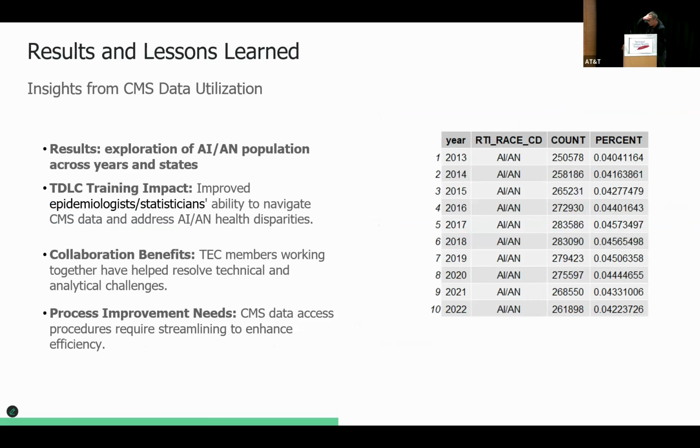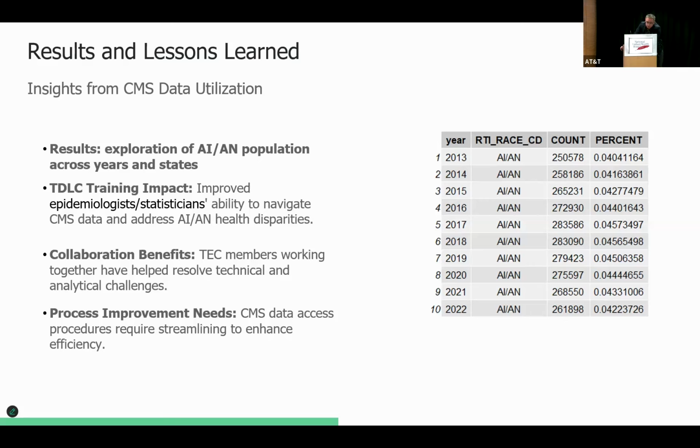So some of the results I got: the question I had when I was working with CMS data last year is, what can we do about it? Because we work with tribal communities, the first thing in my mind was that I want to extract all of the populations from the AI/AM population nationwide, and also we serve Southwest states: New Mexico, Colorado, Arizona, and Texas. So I first want to extract that information, and then there are like 30 chronic conditions attached to that, and some of our staff members study diabetes or whatever other things they do.